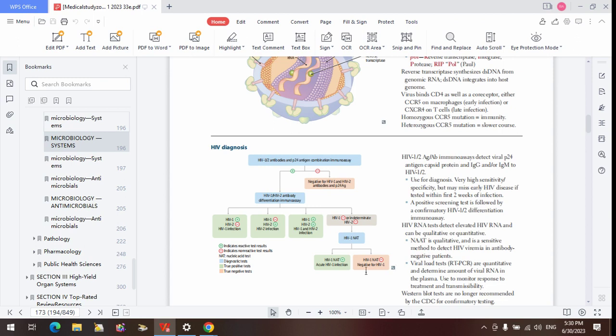Yeah, right here. Okay. So it is not actually used to quantify the load. You just want qualitative detection: is it there or is it not there? Now, if you want to quantify the load of the virus, what you now do is employ